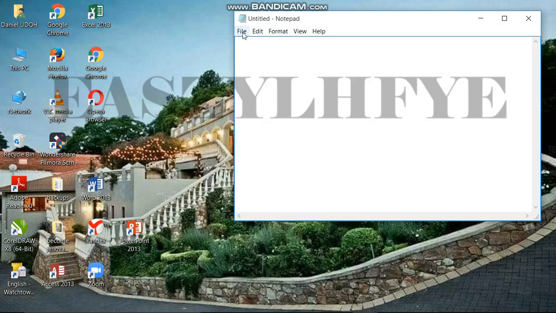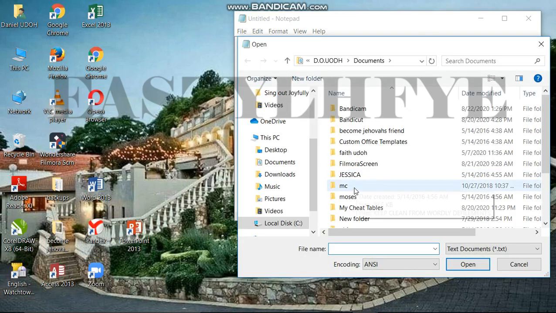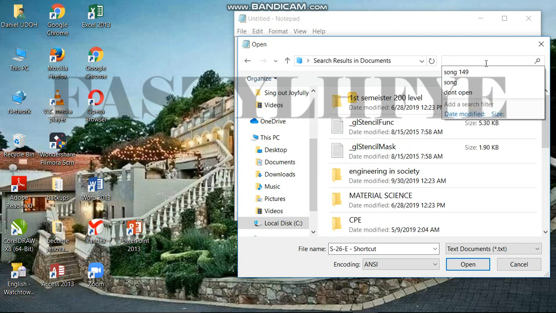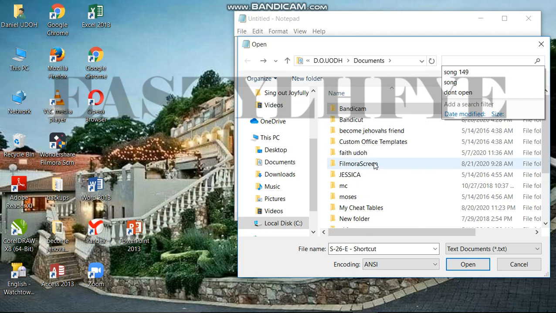Alright, I have my Notepad. Now we don't need to start a new document afresh, so you have to go to the one we saved. You come here, open. Okay, now as you can see, I can't find the document. Even if I search it, I may not find it. First, I can't find it, it's not there. So what I have to do is